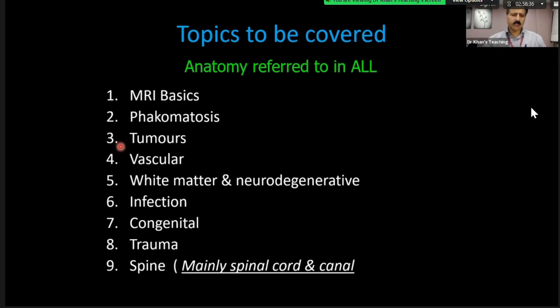And things like that. Anatomy I'm going to cover today also in quite a bit of detail. And today's session, I'm going to go especially slow, particularly because the ST1s and 2s, I just want them to get a feel of MR and things like that. Now, these modules, which are vascular, white matter, infection, congenital trauma, these are going to be much easier. So these three are the heavyweight ones. And in the last session, of course, will be spine, mostly the cord.